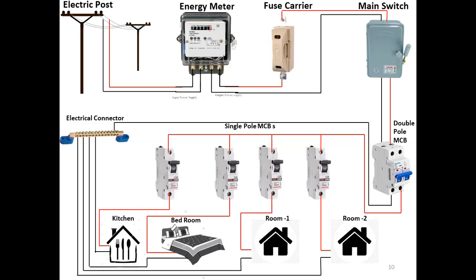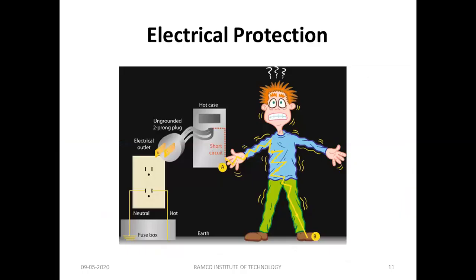So what are the protection devices? Electrical protection plays a major role. Without protection, we cannot imagine an electric circuit, right? Even if you take a small amplifier, at the back side of your amplifier there may be a small glass fuse. That is meant for protection. Nobody trusts general electric circuits, so everybody designs their product with protection. The small glass fuse is available at the back side of the instrument or any device, right? So protection is very important.